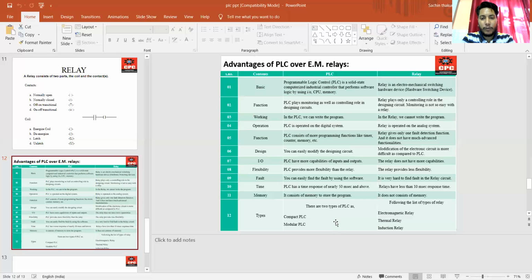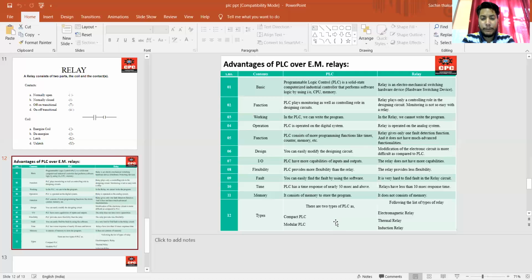If we are talking about input-output modules, PLCs have more input and output capabilities, because PLCs are available in different sizes, so as per our need we can choose a PLC. But the relay does not have more capabilities, because its main function is the controlling role.